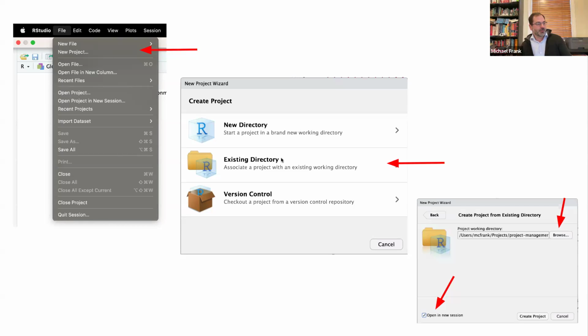So if you're creating from an existing directory, you'll want to set the directory on your computer that project is going to live in. That's going to be this new, organized project directory. And then you're going to click Open in New Session. And that's that key checkbox that's going to create a brand new, fresh, clean R session that allows you to manipulate just the files and variables and so forth from that particular project.